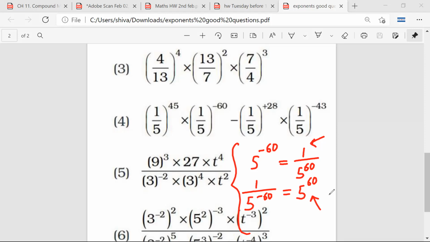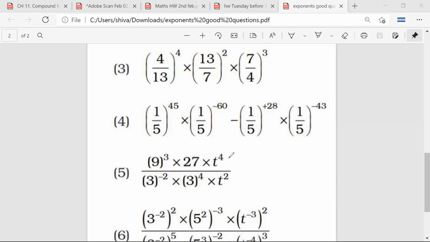Now, why I am asking you to be very clear about this is, for example, whenever I meet 3 raised to power minus 2, somehow I'm not comfortable with negative powers. I will write this as 1 upon 3 raised to power 2. Anybody has a doubt or anybody thinks that this step is not okay? Sanvi? No, I got it. Aishwarya ji?